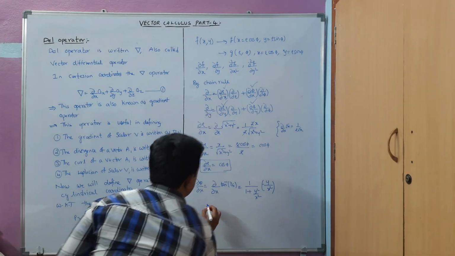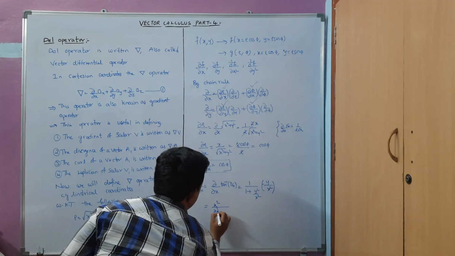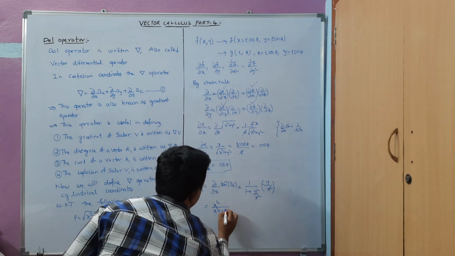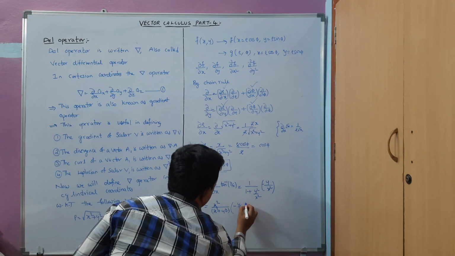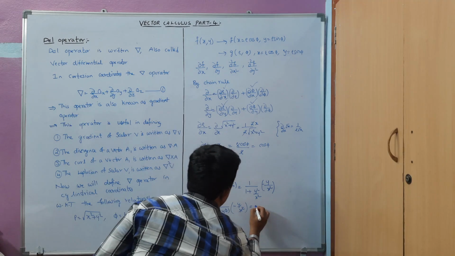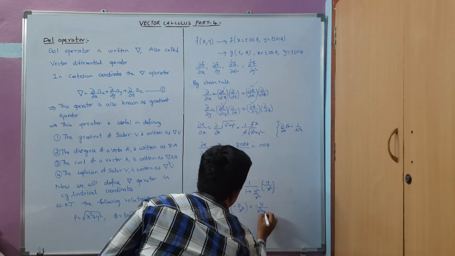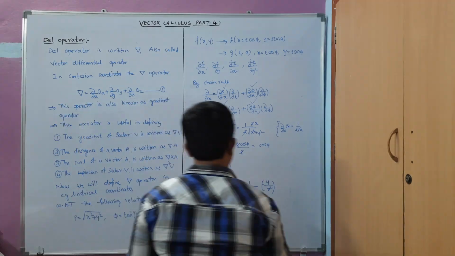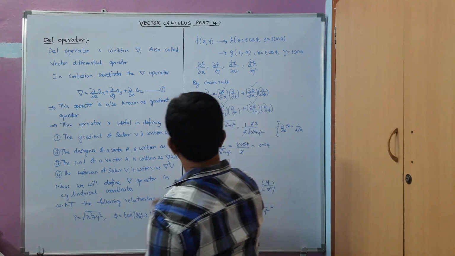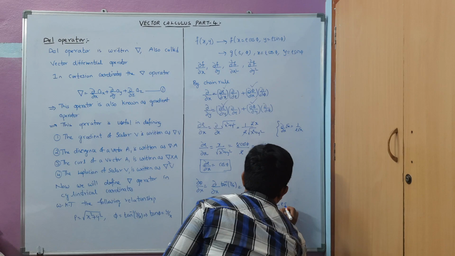So now I get here like this. Okay, x square by x square plus y square into minus y by x square. So this will be giving me minus y by x square plus y square. So x square plus y square value will be here rho square. Okay, I get here as rho square, and y value is rho sin phi. I can write here minus rho sin phi.